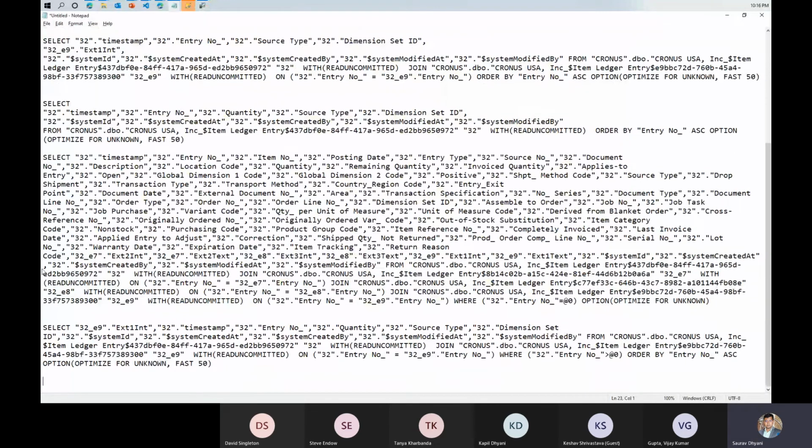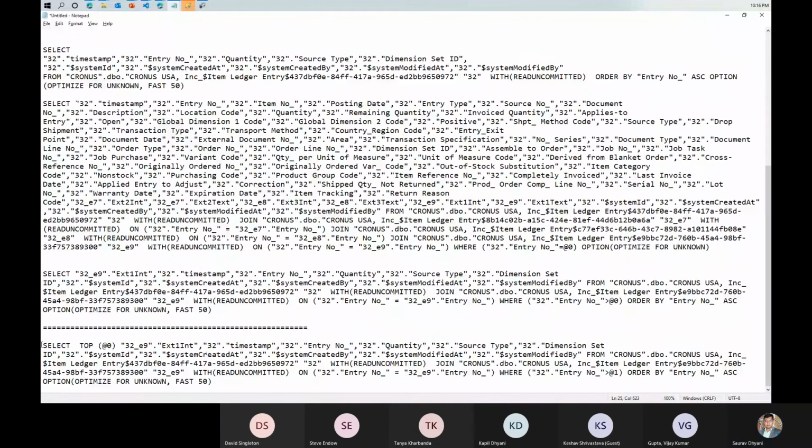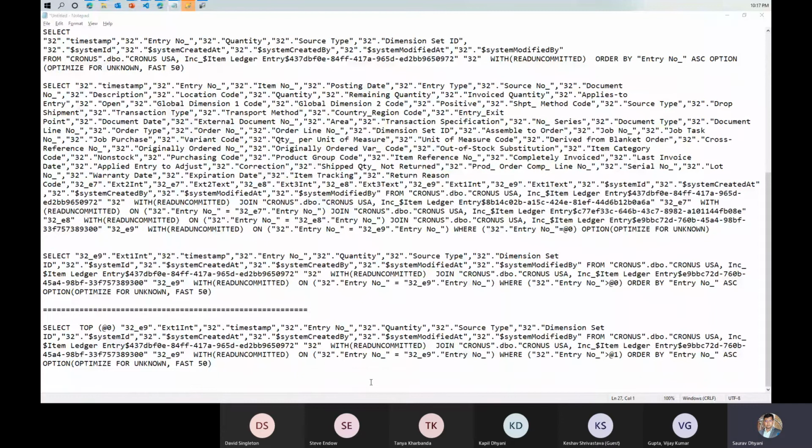So the first time when it went to SQL, it gave me extension one int, and then the base fields, and then the system created ones which are needed. And then it did one join because that field was coming from one of the extensions. Second trip that it took,